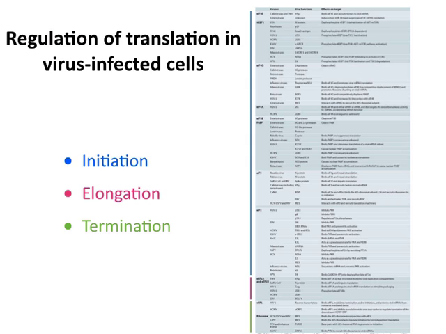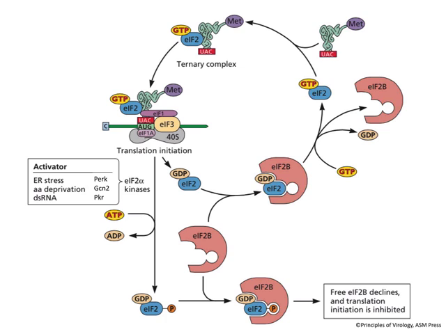But I've color-coded them to emphasize how the preponderance of regulation occurs at the initiation step, which is in blue. So most of the mechanisms we know about occur there. There are a few at elongation and termination. In other words, you can modulate the efficiency of initiation, of elongation, of termination. We've talked a little bit about that already, to bias it for the virus. And the cell can then try and compensate for that. So we're going to mainly focus on initiation because most of the mechanisms we understand happen at that step.